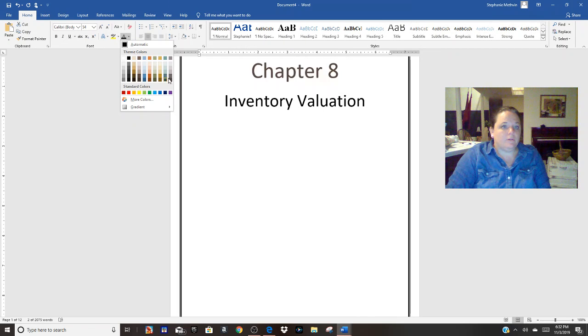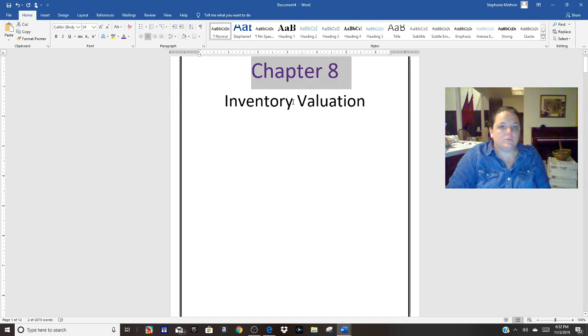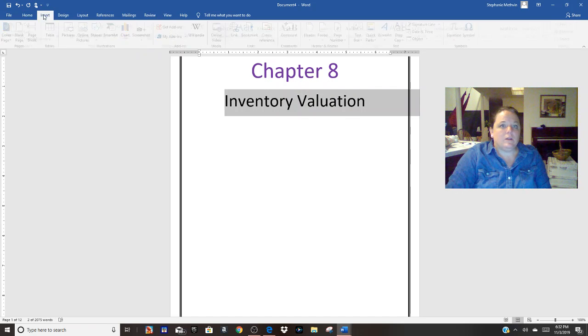Just make some cuter colors. You can turn it into word art.